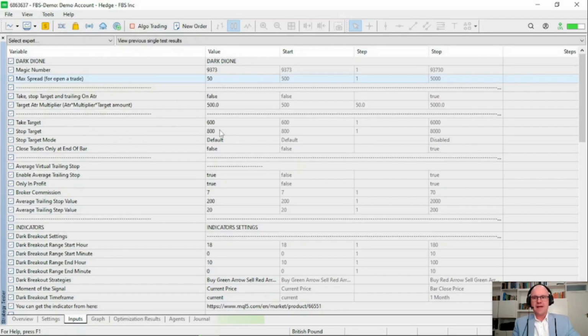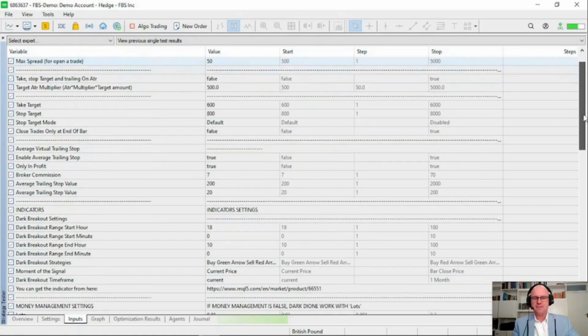For the video today, we'll be focusing on a set stop loss of 800 points and a set take target of 600 points. Additionally, we'll have an average trailing stop that includes a broker commission of $7 and it will start at 200 points and trail by 20 points.